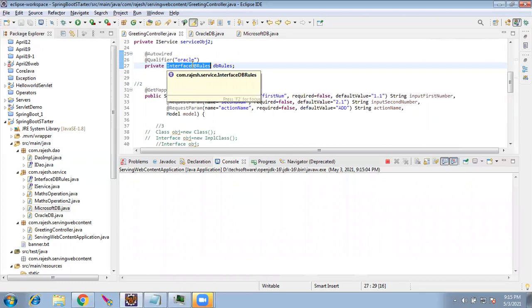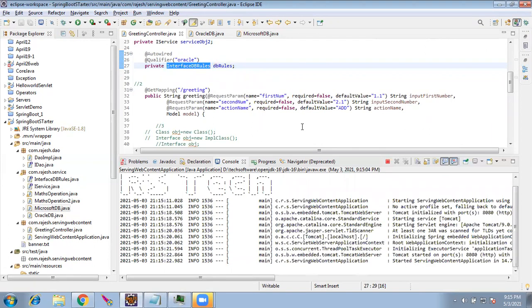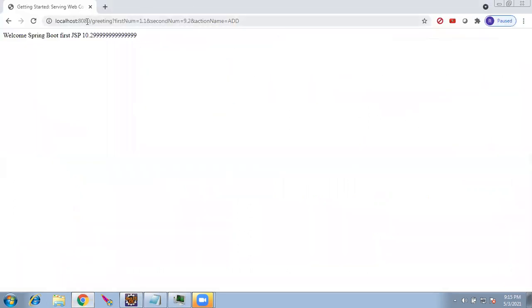Or any questions? Confused? Yeah, we are just using the database, just wiring here, right? Yes. This is actually an advanced concept, very advanced, but this will be used in the real world.